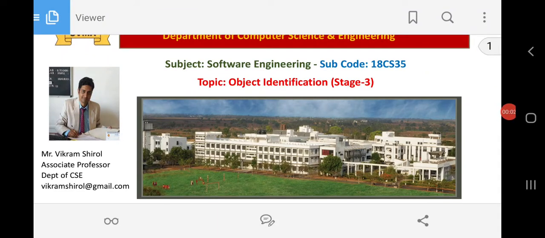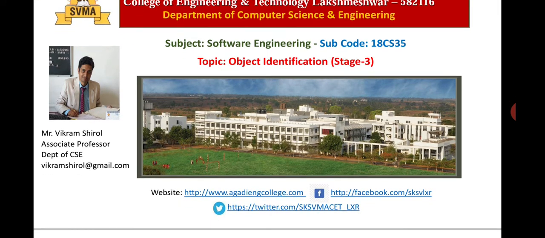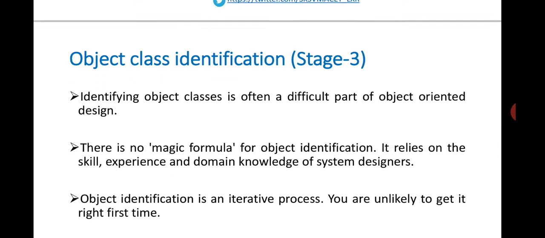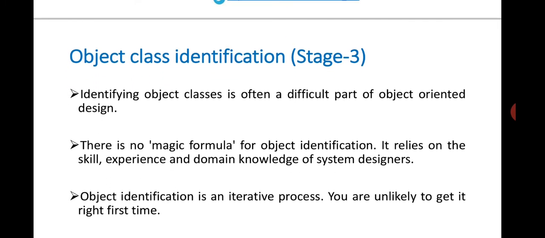So dear learners, in this particular video, we will be discussing the third stage of object oriented design. Basically there are 5 stages. As per our previous 2 videos, we have already covered stage 1 and stage 2. Is it clear? Okay, so let's start with the third stage, that is identifying the